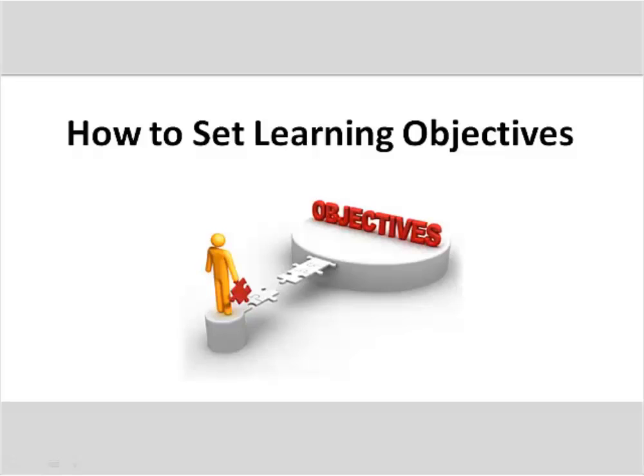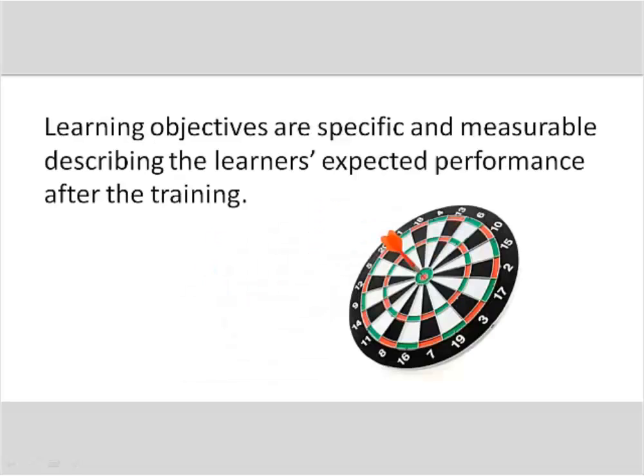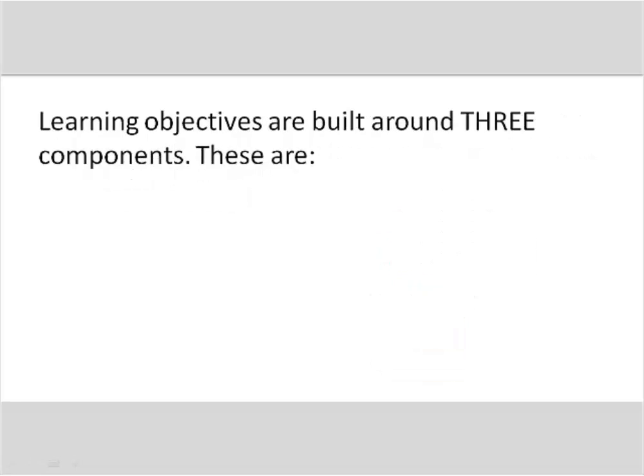Welcome to the presentation on how to set learning objectives. Learning objectives are specific and measurable outcomes describing the learner's expected performance after the training. Robert Major, an accomplished author and world-renowned expert on training, defined an ideal learning objective to contain three components, namely